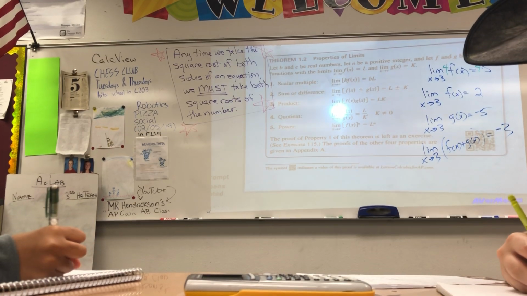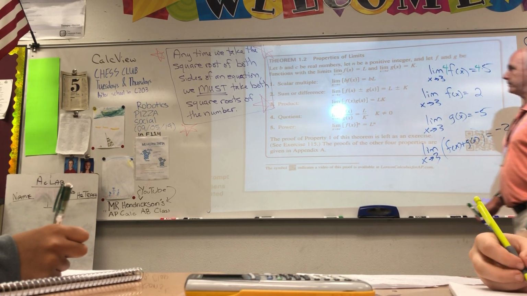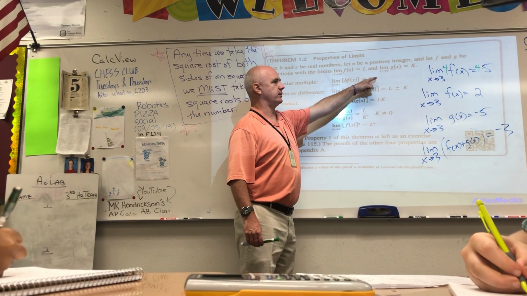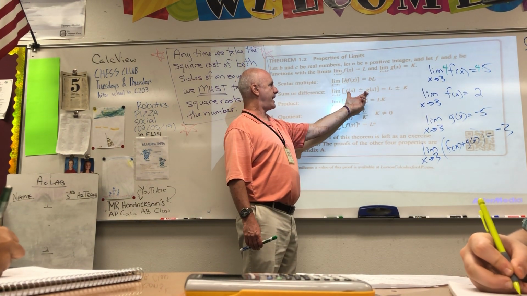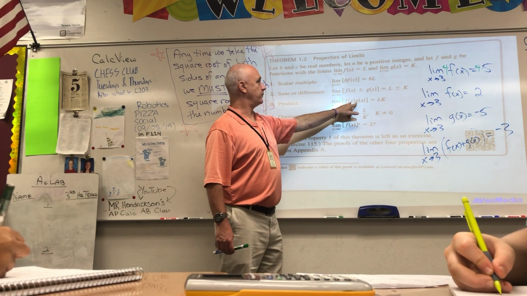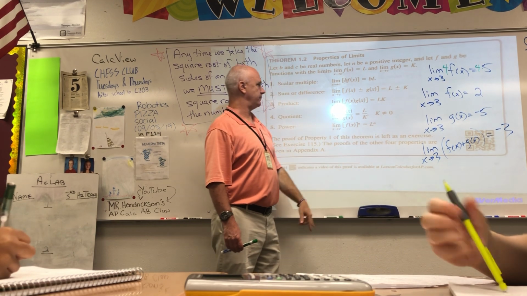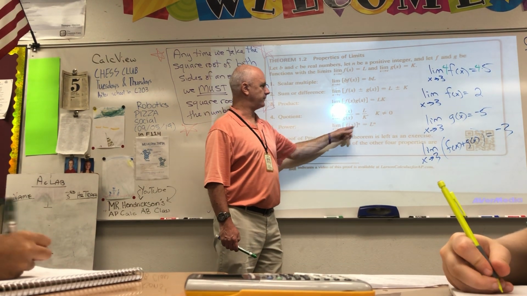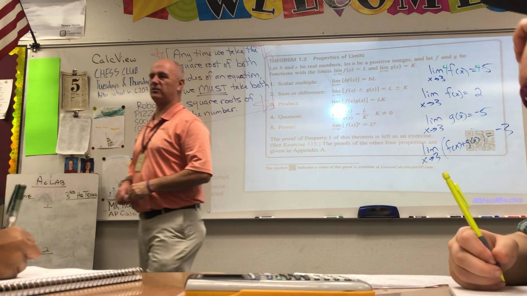And this is holding true for all of them, okay? If we multiply a scalar times the function, we multiply the scalar times the limit. If we add or subtract the functions, we add or subtract the limits. If we multiply the functions, we multiply the limits. If we divide the functions, we divide the limits. If we do a power of the function, we do a power of the limit. All of that stuff